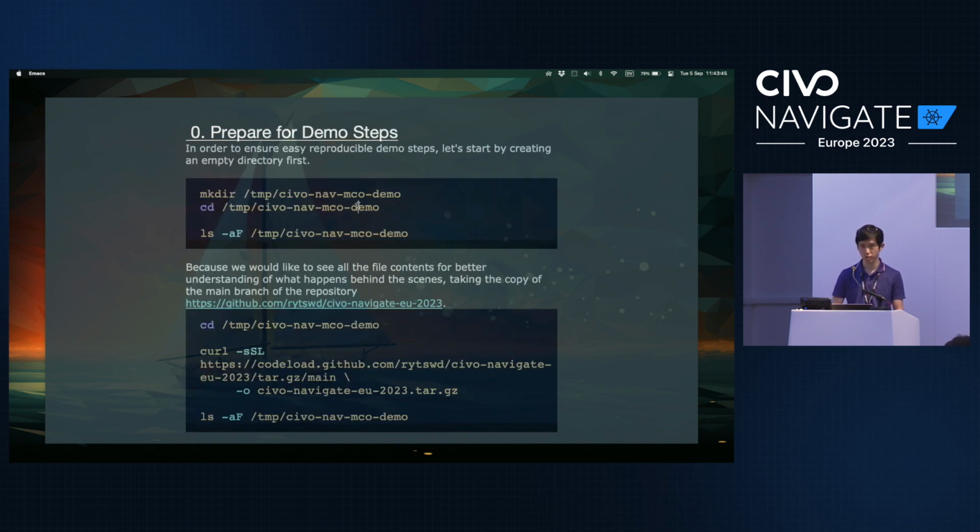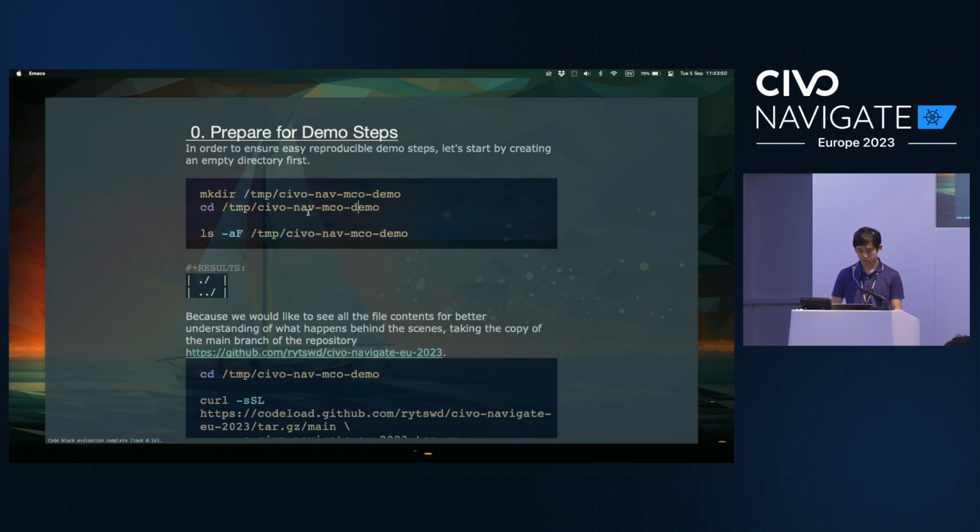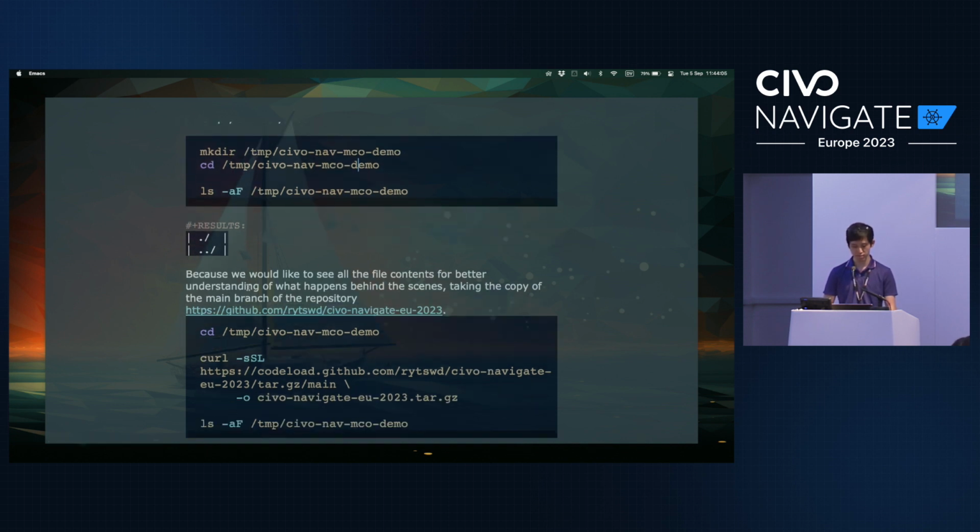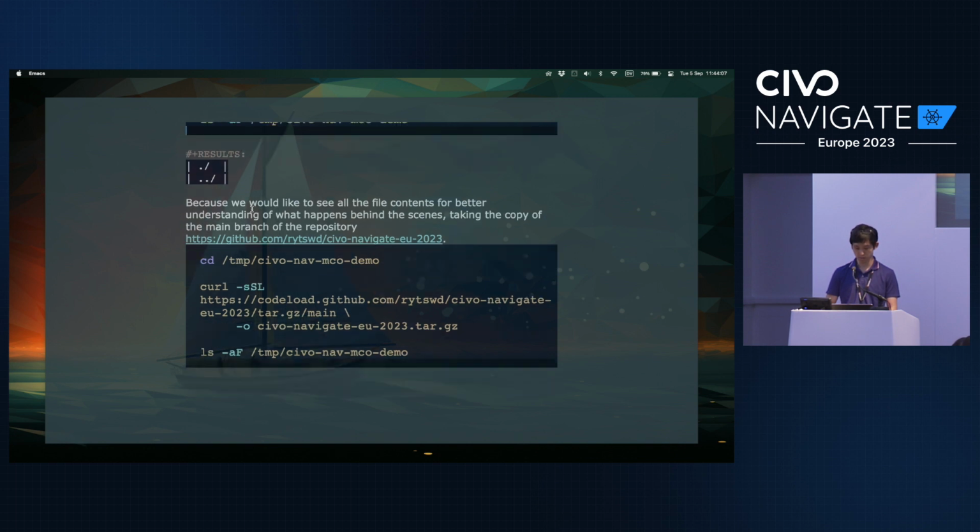First of all, I want to start from scratch, so I'm going to create a new directory. I'm just providing some command to run this, bash setup. So making a directory in the temp directory, cd into it, and then ls, just nothing in there. So it's clear that it's a clean setup.